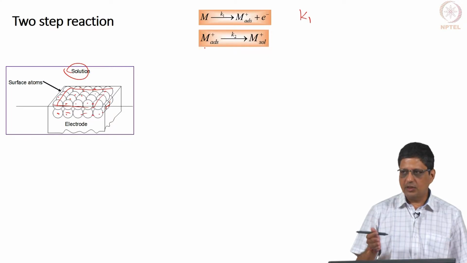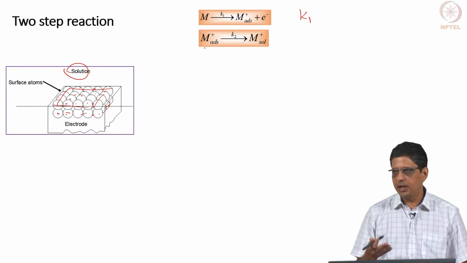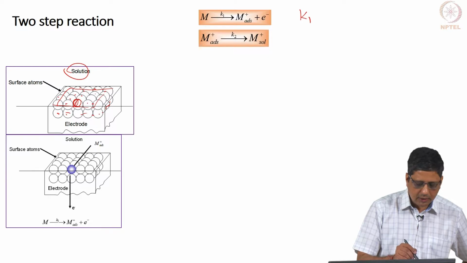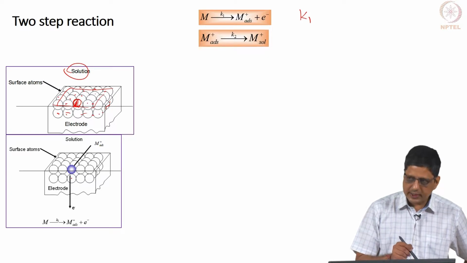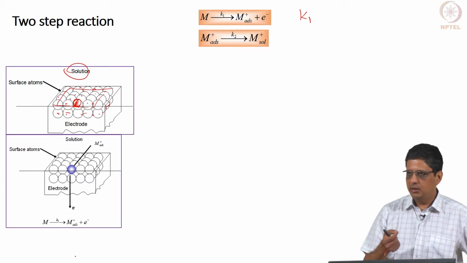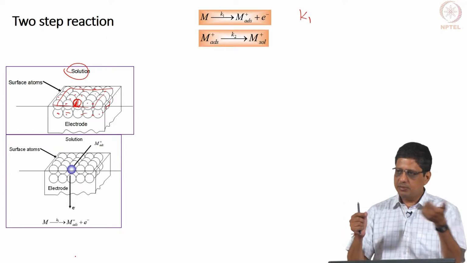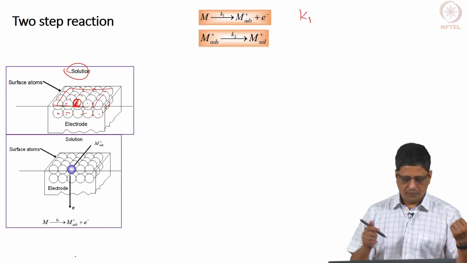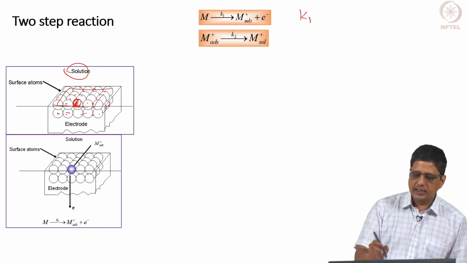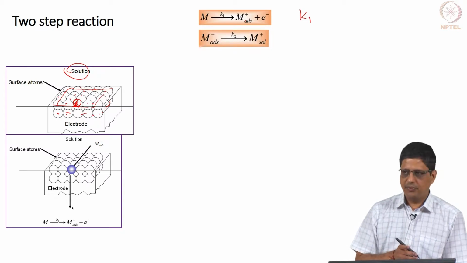If electron is not involved, if there is no charge transfer, then the rate constant is not going to depend on the potential. Now, let us consider one atom, this particular atom. It loses an electron, we are giving positive potential, the electron is pulled into the metal. We are of course connecting with a potentiostat. Therefore, when you apply a positive potential, that means you are removing the electrons. That goes in, this atom is called now as M plus adsorbed species. It is not an atom anymore, it is an ion.